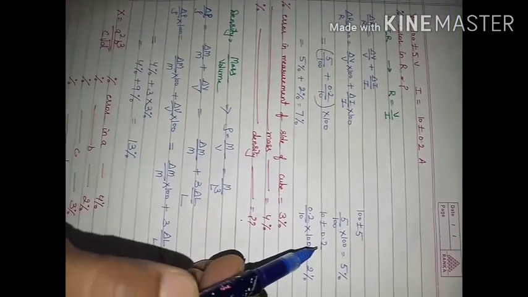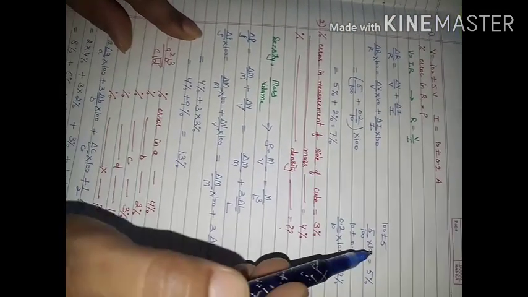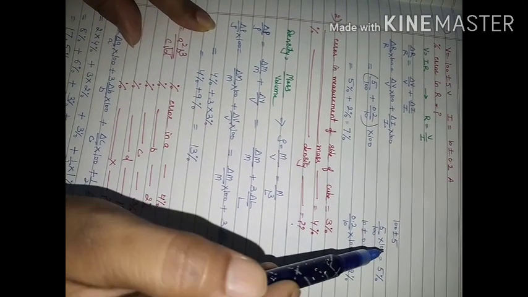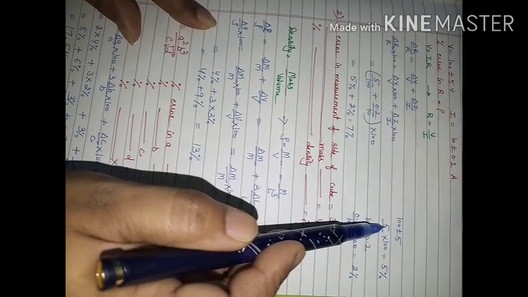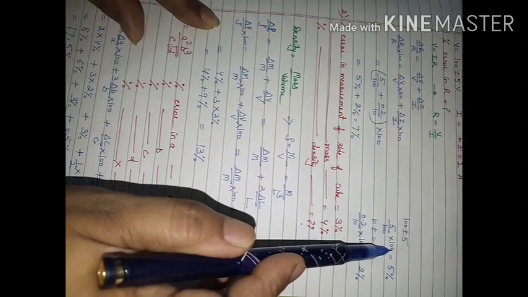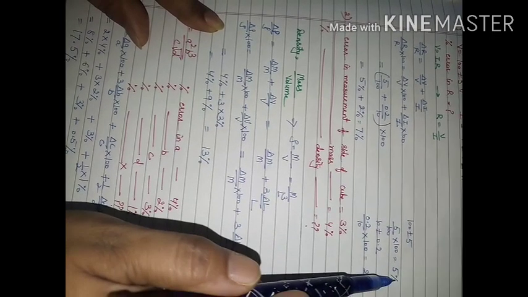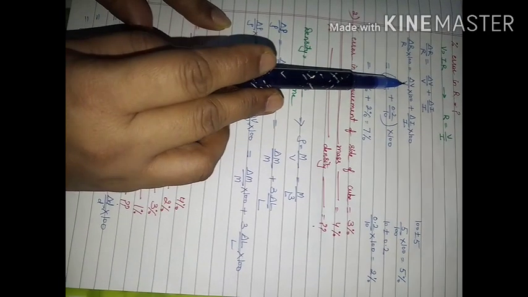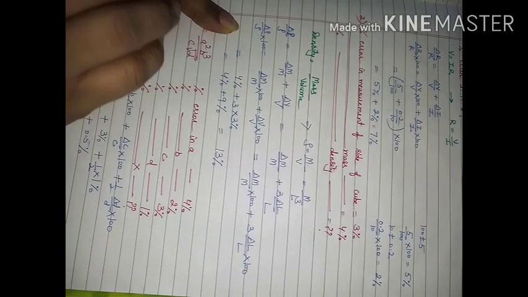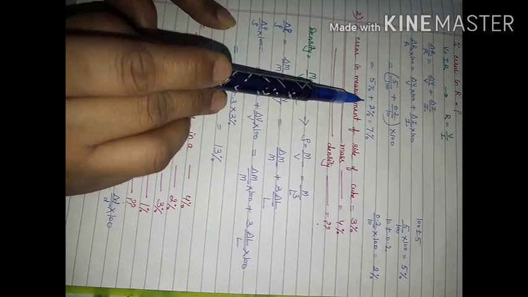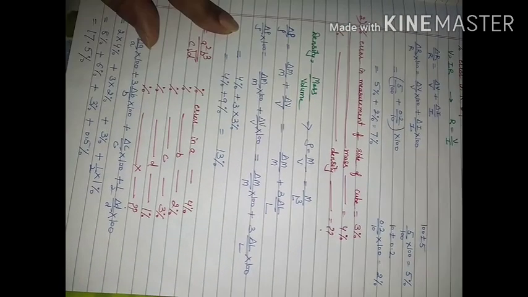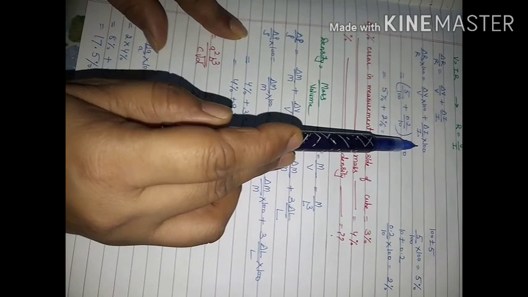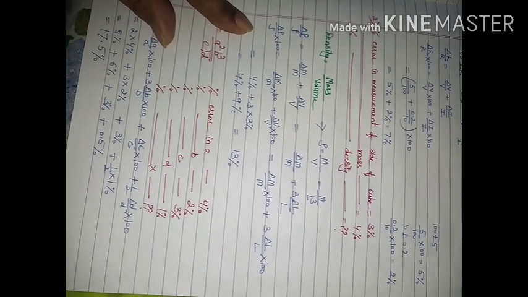Try to understand this by this method also. If someone is getting 5 marks out of 100, then what is the percentage of marks? For finding percentage of marks, we take marks obtained divided by total marks multiplied by 100. So what is the percentage of marks? 5%. In the same way here we are finding percentage: delta V upon V into 100. This is representing percentage error in V, and this is percentage error in I. So addition of these two will give you percentage error in R.